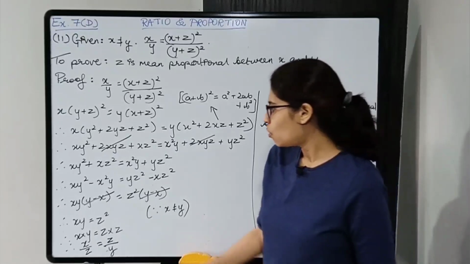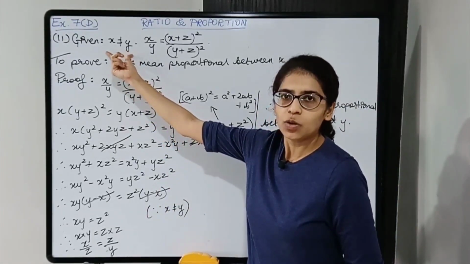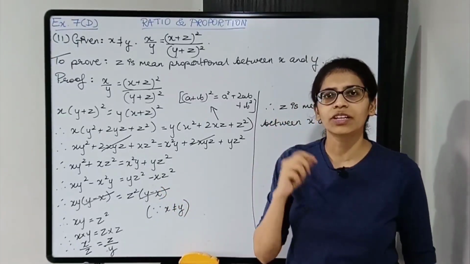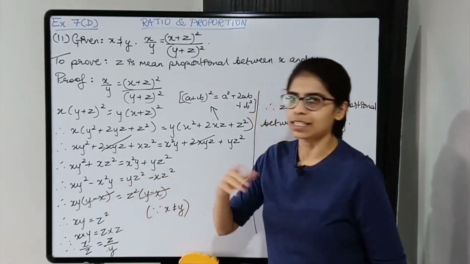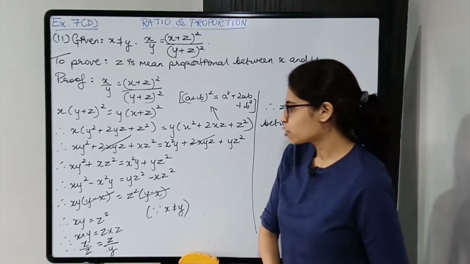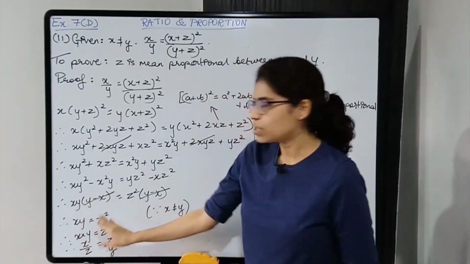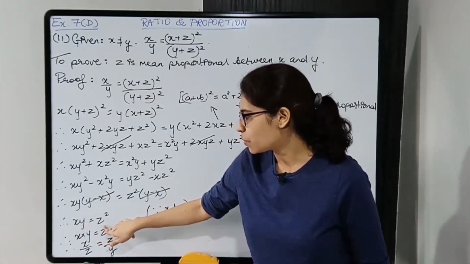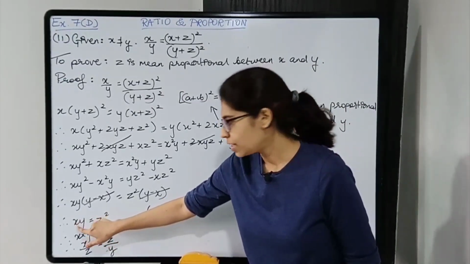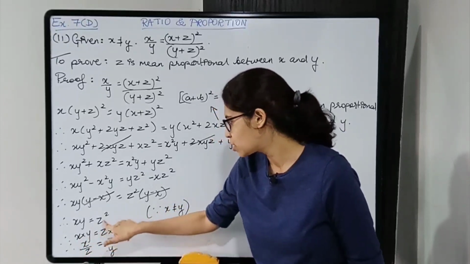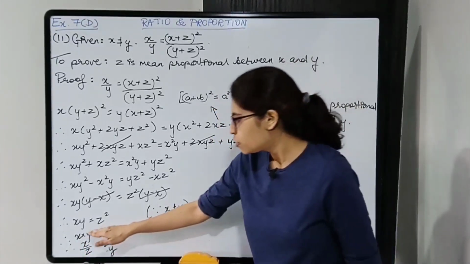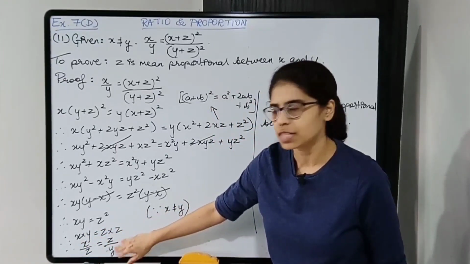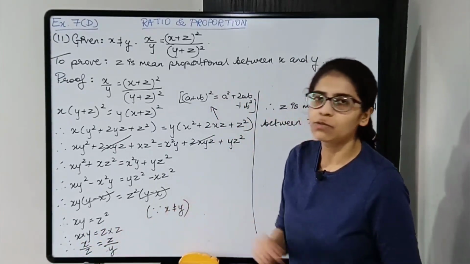Okay? So it is already given x is not equal to y. So you can cancel it out. So you have to give the reason x is not equal to y. That is why you have cancelled out. ठीक है? So xy is equal to z square. Now we have got xy equal to z square. We'll just simplify this. Xy is x into y, z square is z into z. Shifting one z over here, x upon z हो जाएगा and one y over here, z upon y. So x upon z is equal to z upon y.